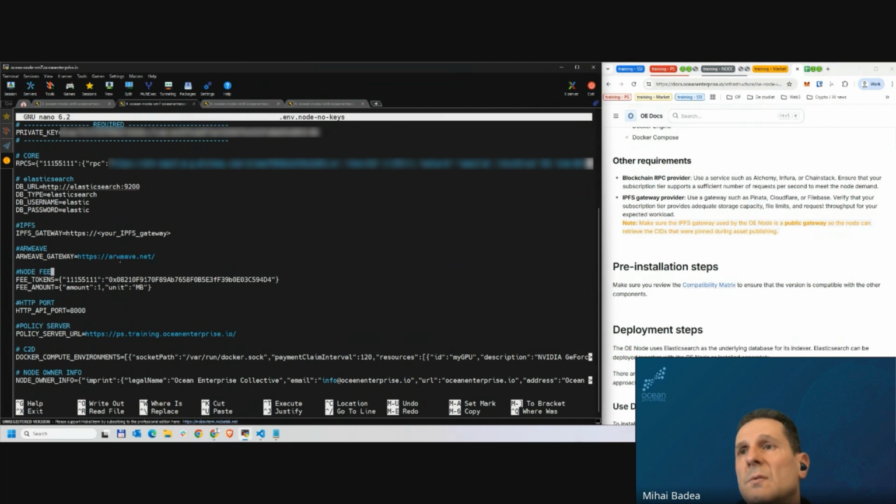What else do you need to specify? As I mentioned in the planning part of the presentation, the node will charge 1 EUR/C per asset consumption. So in these parameters, the fee tokens, you specify which is the currency used for fees for this network. So for Sepolia, we will use EUR/C, and this is the contract address for EUR/C. And then you have to specify the amount, what is the value of the fee, and it's